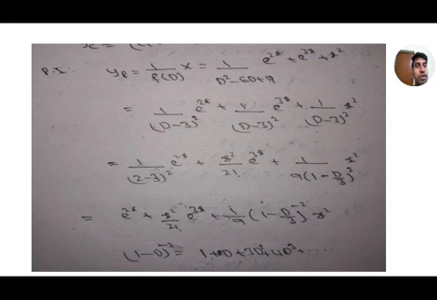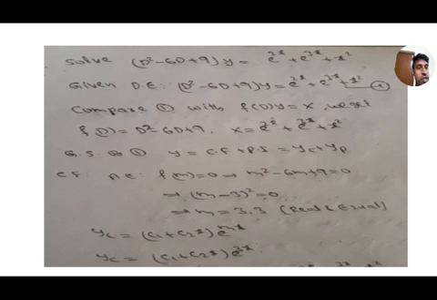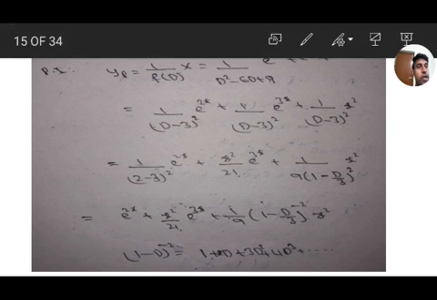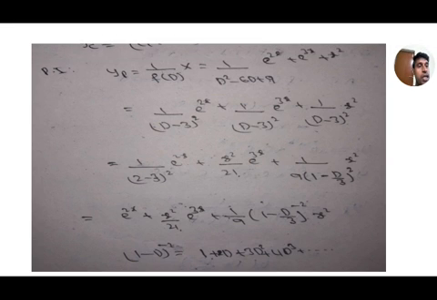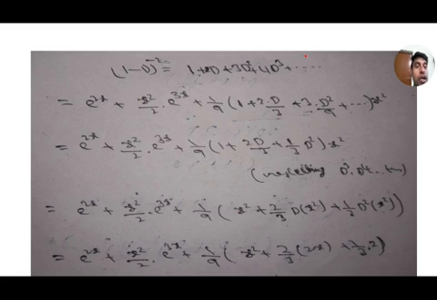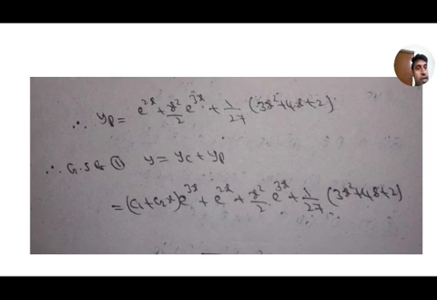First we have to identify the solution for the complementary function, that is the solution of f of D of y equal to 0. Here we got equal roots. For the particular integral, we have three functions, so we separate three integrals: e to the power of ax form, e to the power of ax form, and x to the power of m form. Expanding, we get the solution. Neglecting D cube, D to the power of 4 terms, the remaining terms are simplified by differentiating term by term, and we get the answer. Let us move to the next problem.